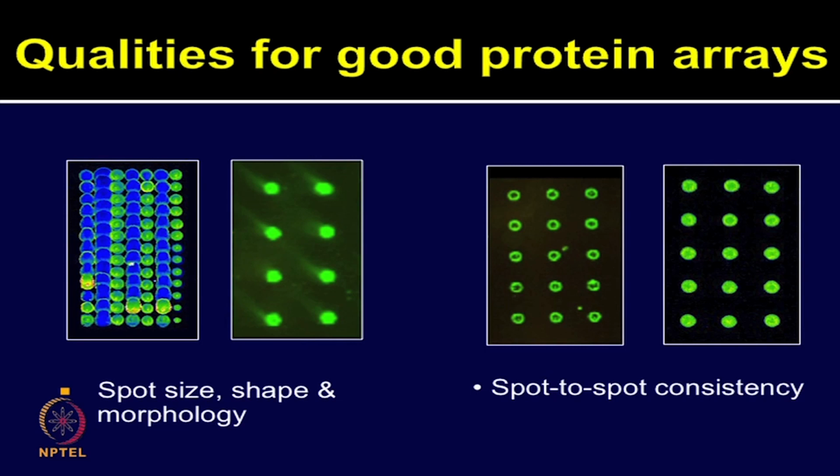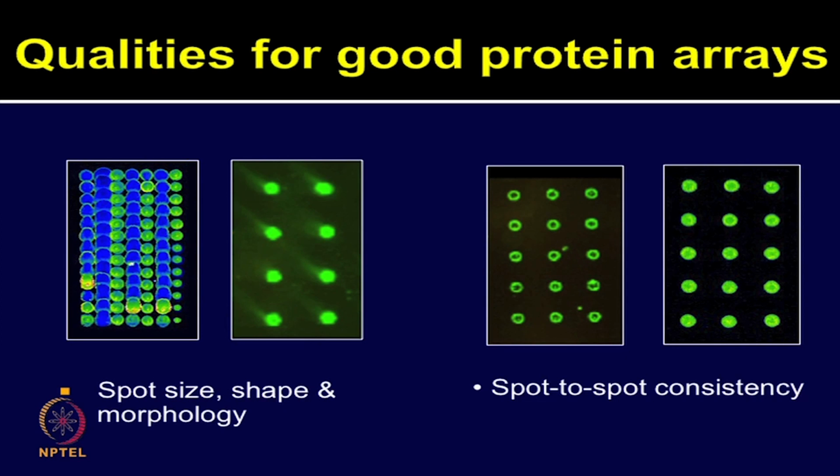Shown on the right side is spot to spot consistency. Many a times these printing issues occur in high throughput type of experiments. So, one needs to ensure that all these parameters are properly quality control checked. Looking at the spot morphology and the uniformity of the spot, one can think of various types of parameters that